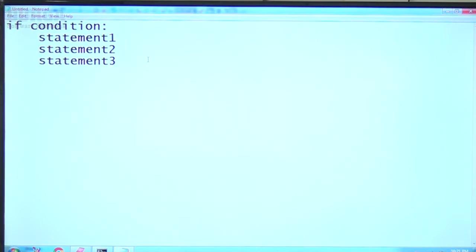Next I write statement 4, and this statement 4 is not under the if statement. But who is going to take care of adding these spaces? We have to, because a normal notepad can't recognize our indentation.